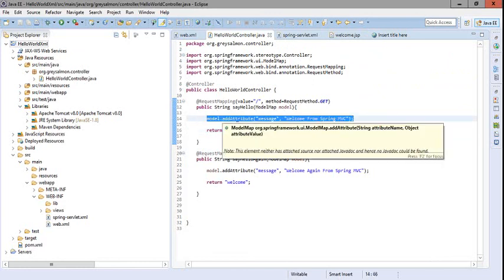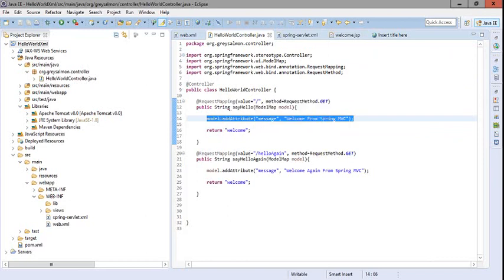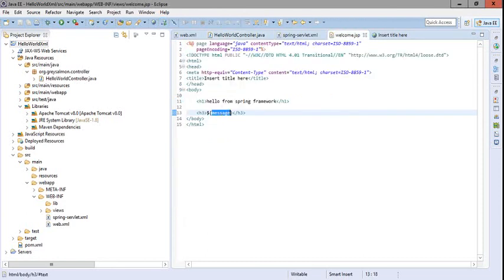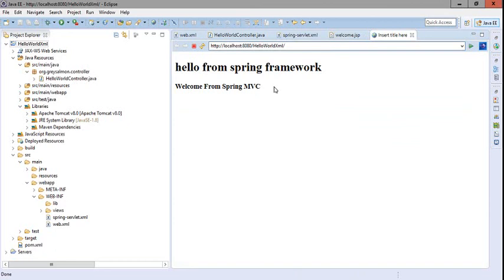This model is handed over to the dispatcher servlet from the controller, and the dispatcher servlet handed over this model to the view. So this is the key message, and what is the value? Welcome from Spring MVC, and we are using the key, so its value will be printed.